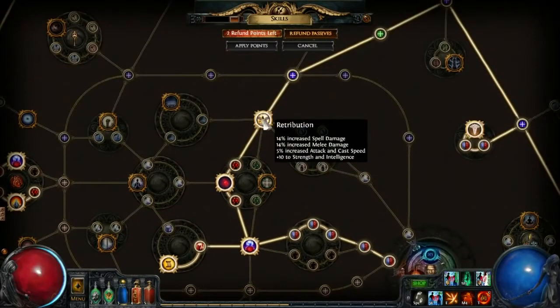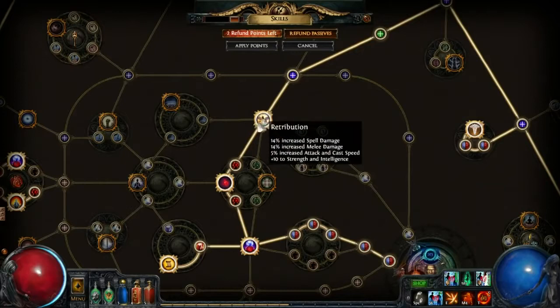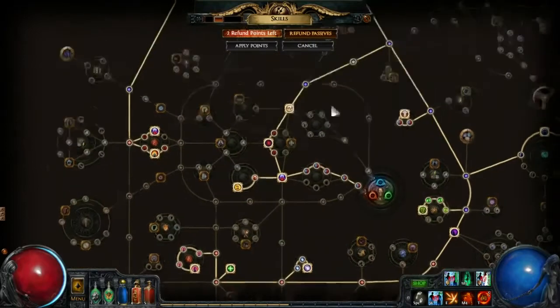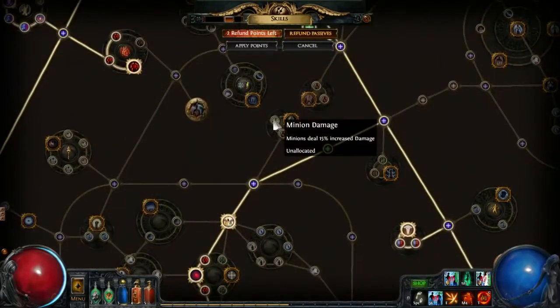Coming up this way to Retribution. Now, most of the time, I level with some kind of spell damage, so I like this node. And then also, later on, you still get Strength and Int and cast speed out of it for your traps. I think it's pretty decent. Alternatively, you can go down through this way and come around, but I like going up this way. This also gets you to